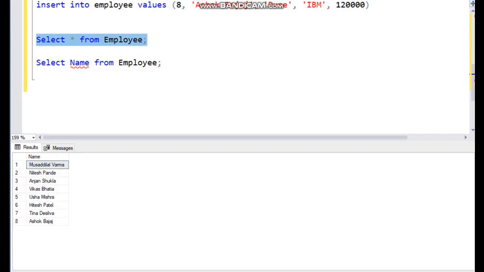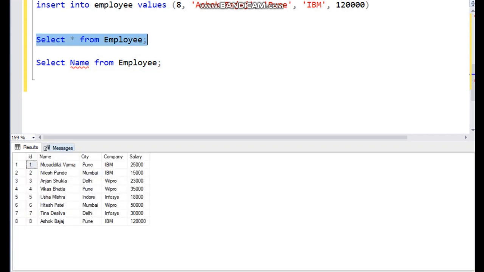Here we have all the columns, and here I have only one column. Now if you want two columns, let's say name and company of the employee, you can replace this star with more than one column separated by a comma. So I want name and company.